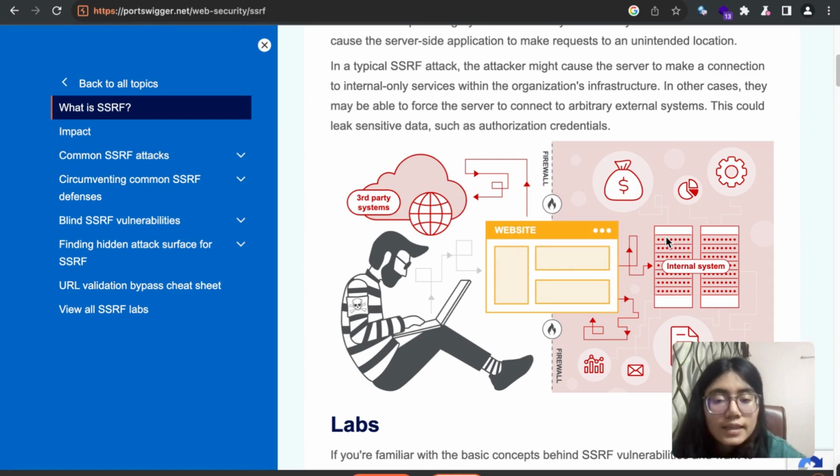To summarize, SSRF is powerful because servers are trusted. Blind SSRF is common because responses are hidden. OAST will help you confirm SSRF, but it's not the only way. And SSRF becomes truly dangerous when it is combined with internal access, cloud metadata, XXE, webhooks, or port scanning. So I hope this gave you a better idea of what SSRF is, how the concept goes around, and you